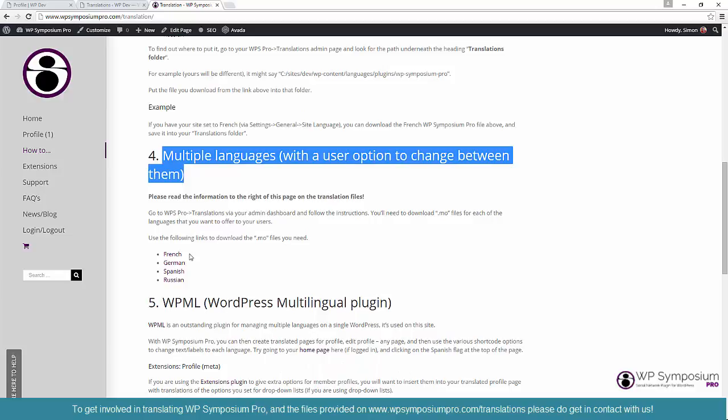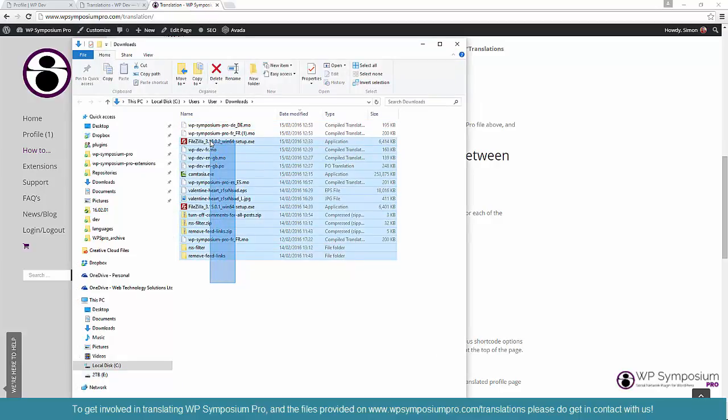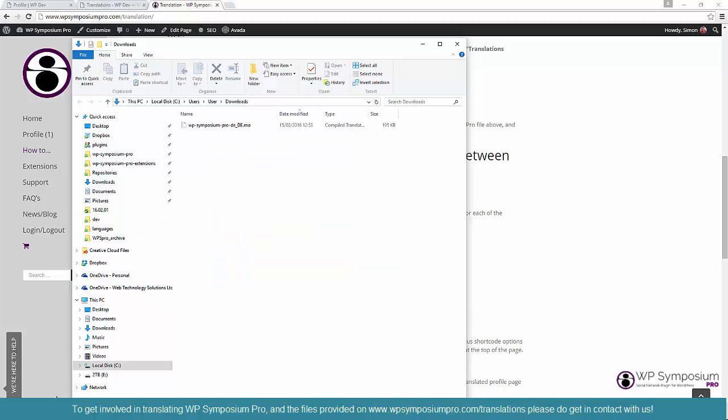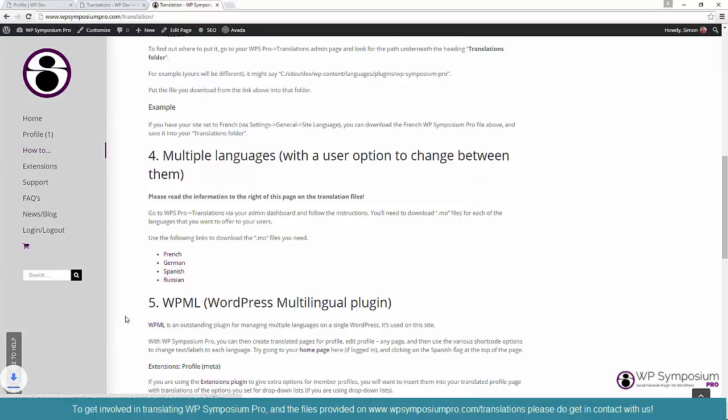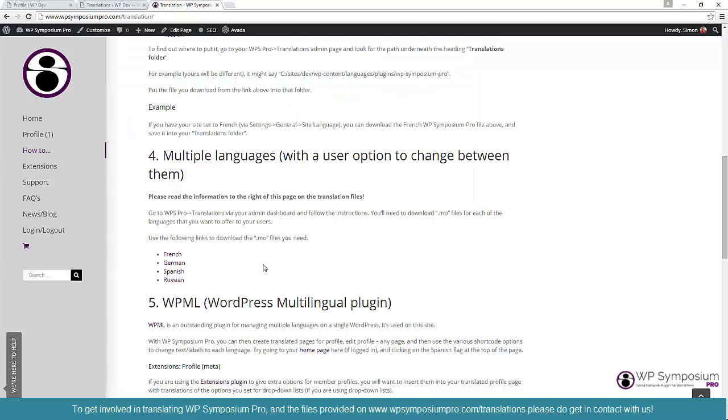So we're going to download French, and we're going to download German. Have a look where I've done. So I've got lots of downloads. Let me just clear that up so it's clear. I'll leave the German one and I'll just re-download the French one so you can see the file name that it's created with. Okay, so French and German, and we need to copy these two into our WP Symposium Pro